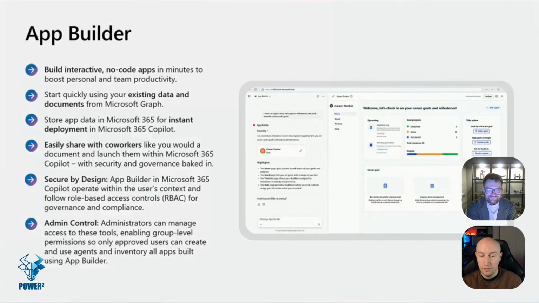Yeah, so from a governance perspective, when you generate these apps, they will attempt to create a SharePoint site and SharePoint lists in the background to then save the data in there. If they can't manage to create the site, then they're supposed to save the data in memory. So you close the session, you lose the data. Well, that's the way that we've been told that it's supposed to work, but there have been some quirks with it, and it's experimental basically at this stage. It's called Frontier, which is like their preview experimental area. So we'll wait and see what happens with that.